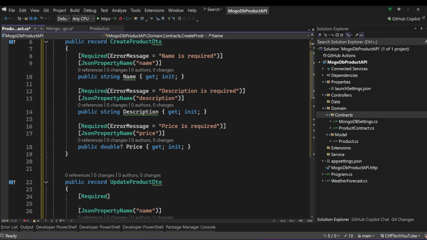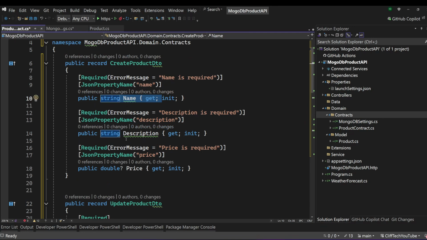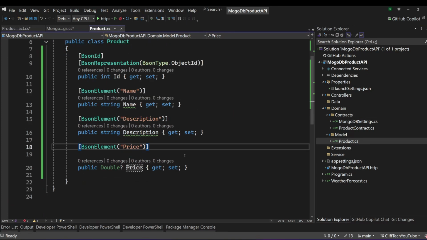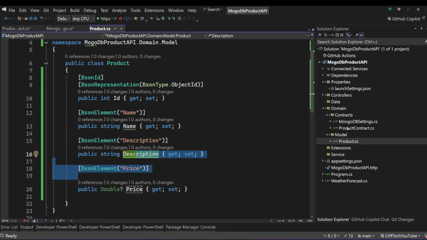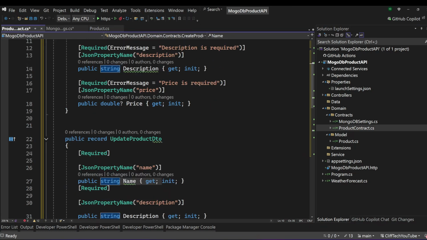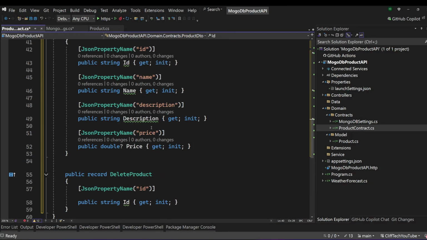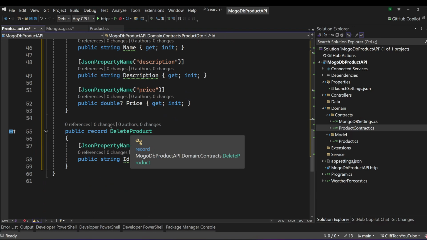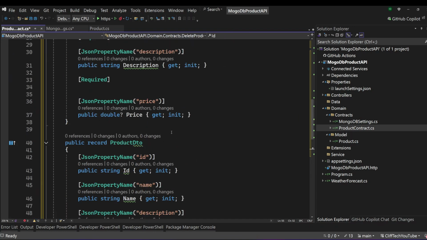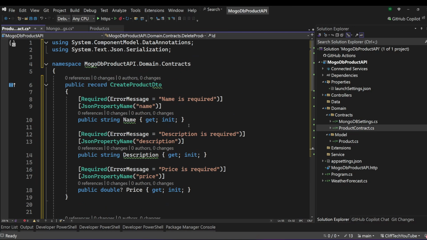So we have this, and it's very simple. It's just when you want to create a product, you provide name, your description, the price, like what we did in the model. So in the model we have all of these things in here. So that is one thing I have created in here. So create, we have update DTO, and then we have a product DTO which returns all the product information, and then delete product. So this is basically it, and this is the way to go with it, and that is very easy. So we have our DTO, we have our model working, and the next thing we want to do is that